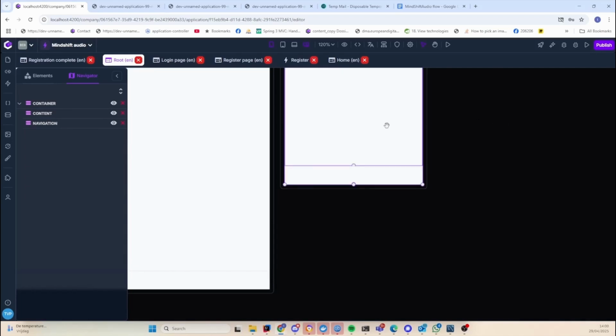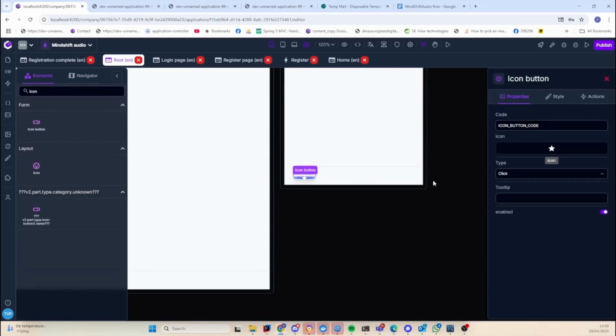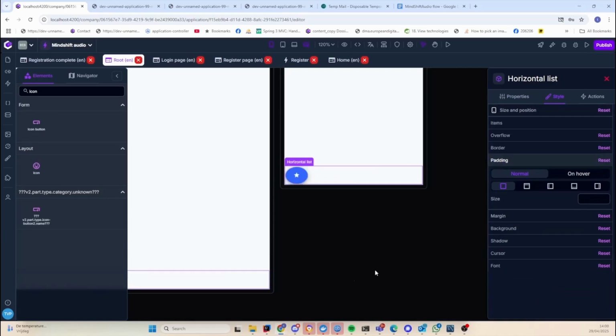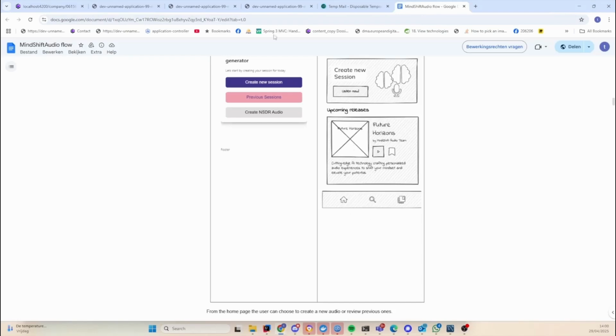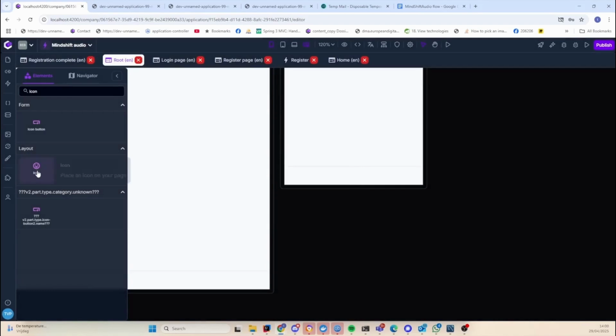And now we can do several things. We can drop in icon buttons right here. So for example, let me just take away the padding so we don't have to mess with that. We can use icon buttons for these, or we can create our own buttons, and this might be more fun as well. So let us create our own buttons for now. So we have a little bit more wiggling room in how we want